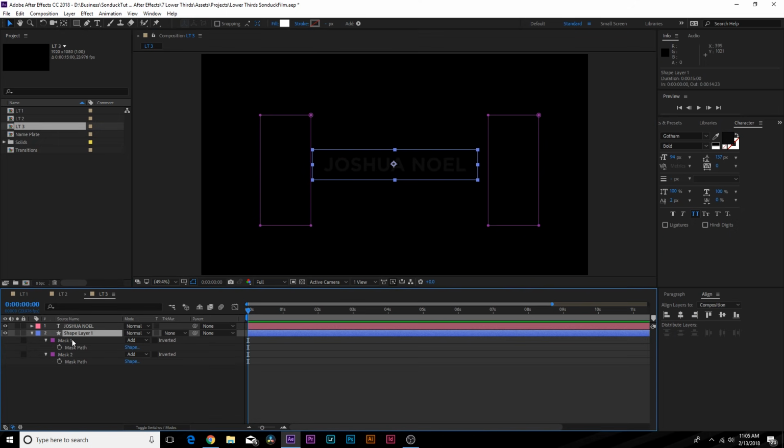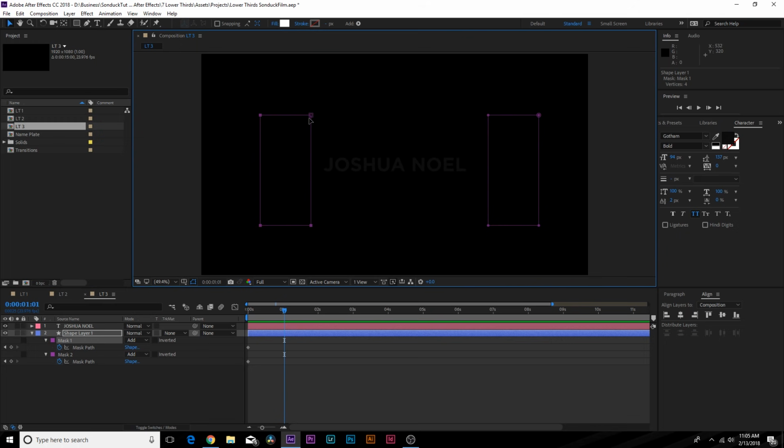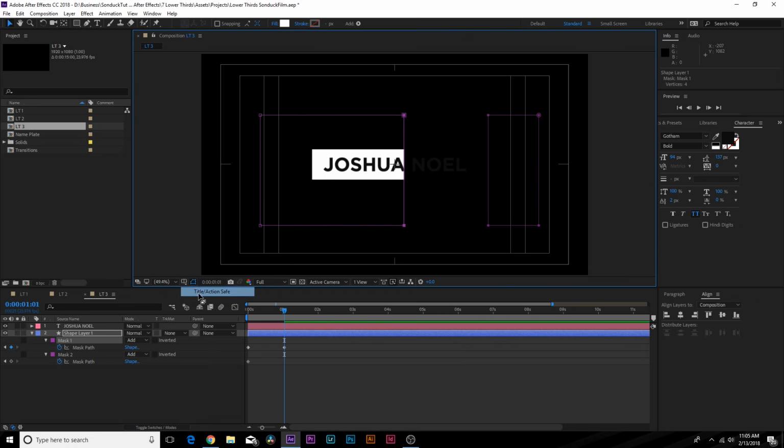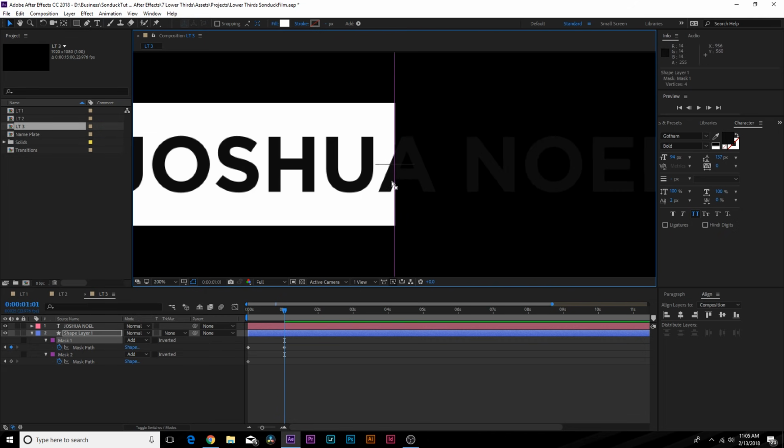Hit M on your keyboard to bring up the mask path, and you'll see both of the stopwatches here. Add a keyframe, and we'll move forward to 1 second, and we'll grab the vertices on the left side of the left mask, and we'll bring this all the way to the middle. And what we can do is, to see the middle, bring up the title safe action here, and just kind of